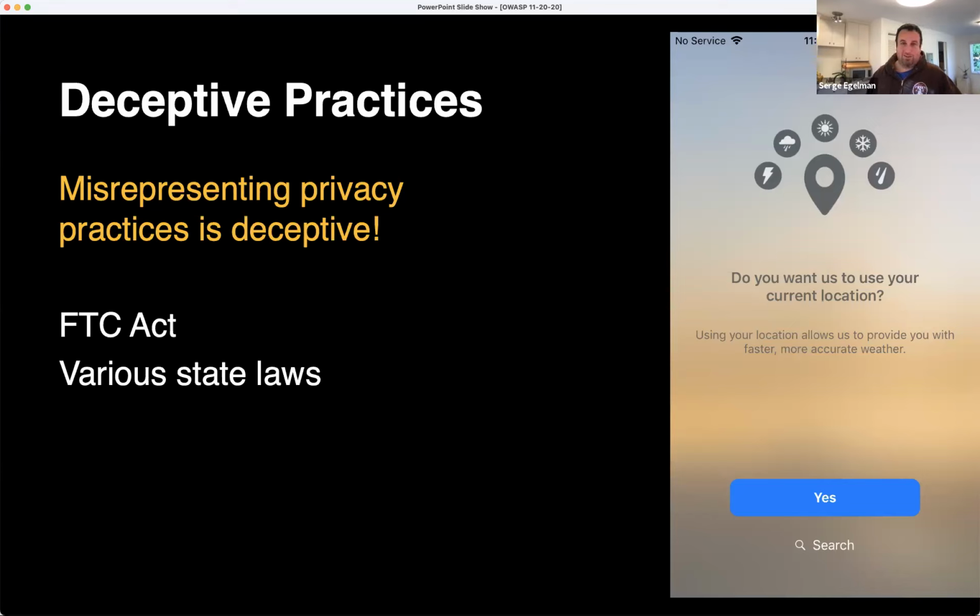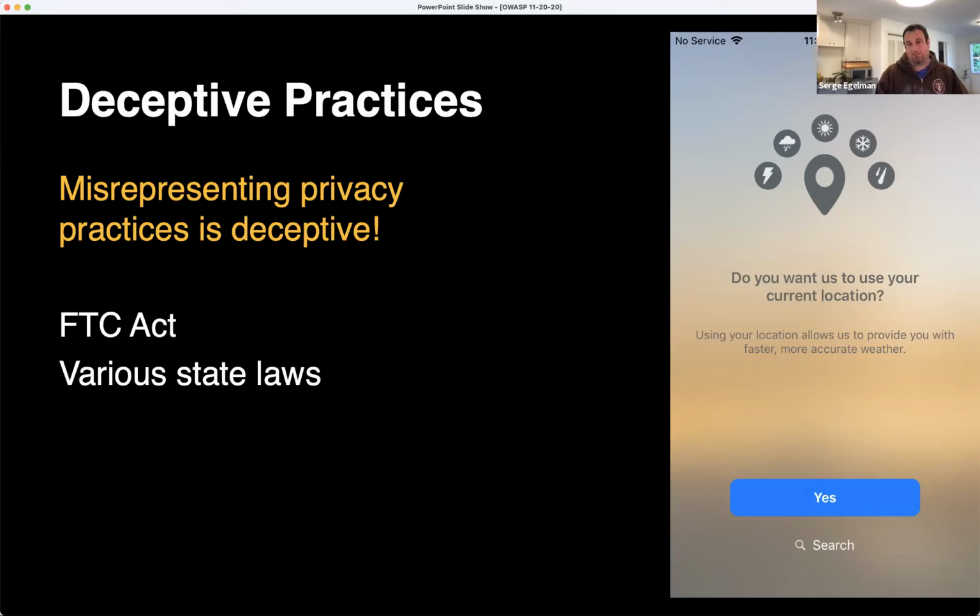In this case, it's an alleged lie of omission, in that it didn't disclose that the same location data was going to be used for ad targeting purposes and sold to several different third parties. Misrepresentations like this could be illegal under various state laws about deceptive practices, as well as the FTC Act, which has a similar prohibition.